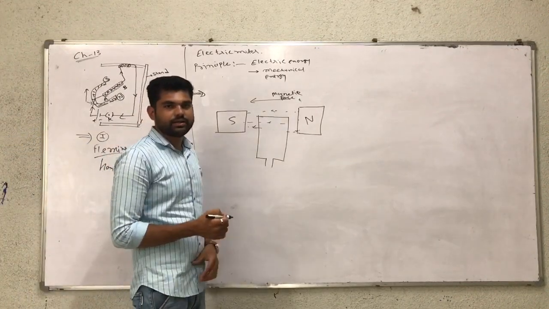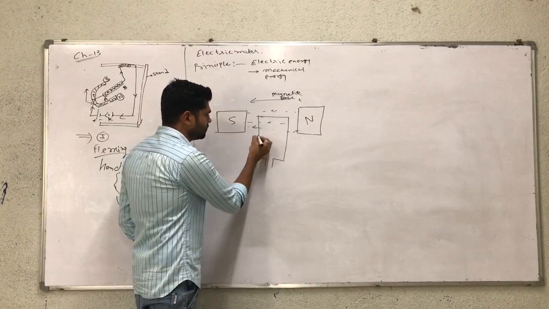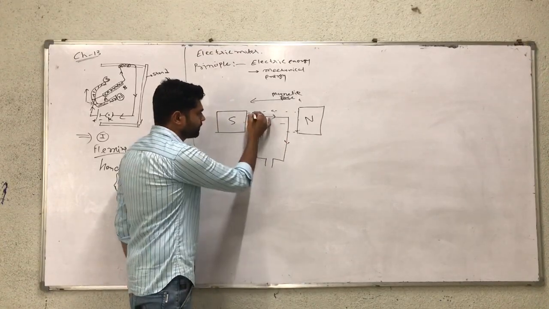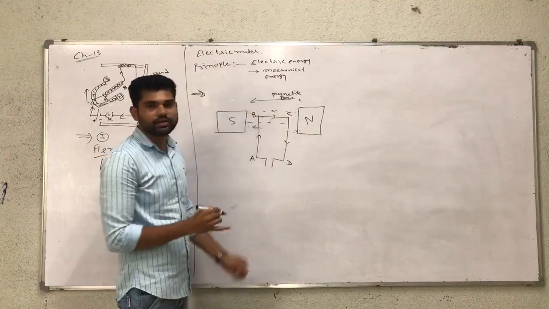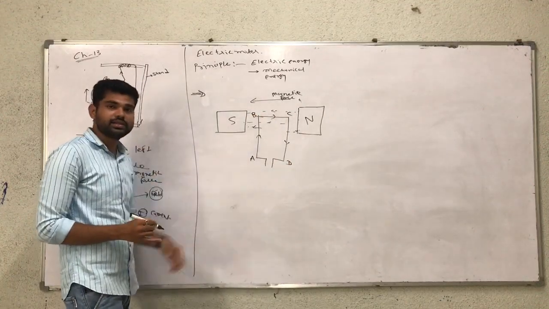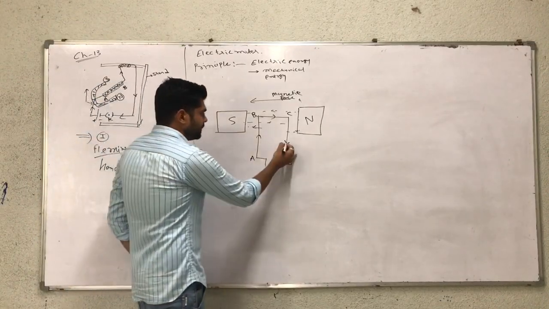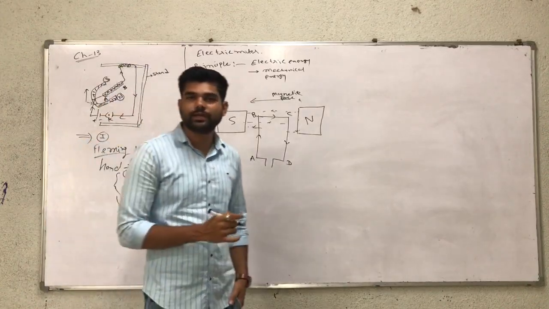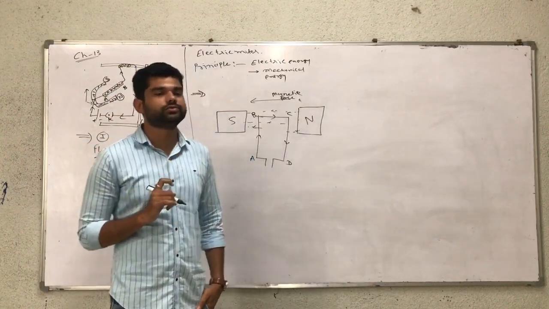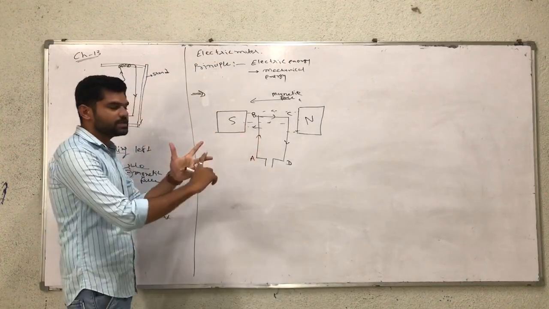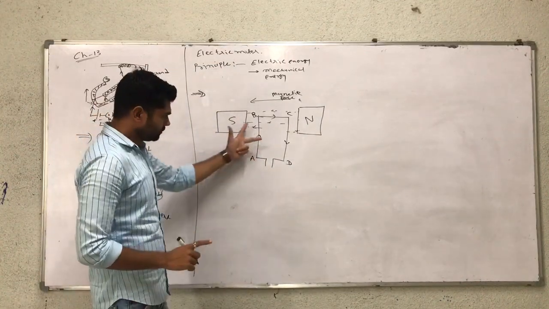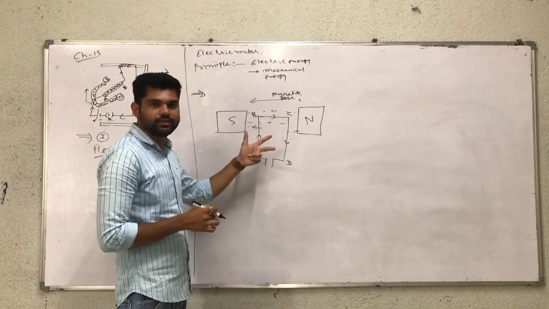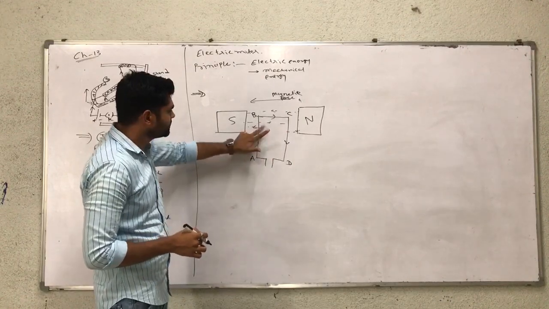Now the direction of the electric current is represented, positive to negative, with corners A, B, C and D. All four corners of the diagram are A, B, C and D. Now using Fleming's left hand rule, we find the direction of magnetic force. These fingers indicate force, current, field. Using Fleming's left hand rule, our direction is this.